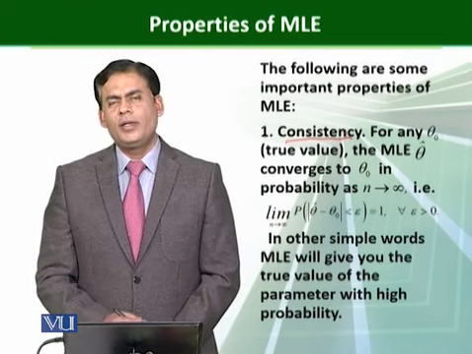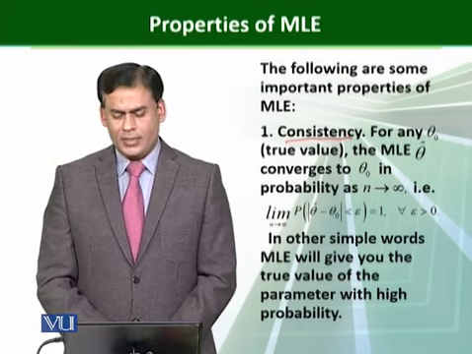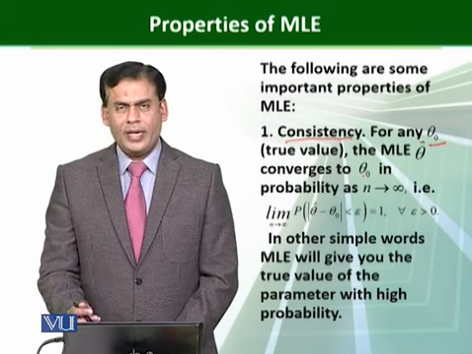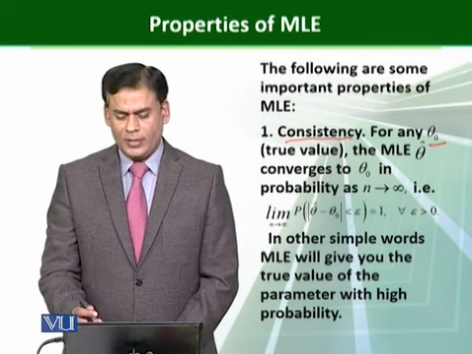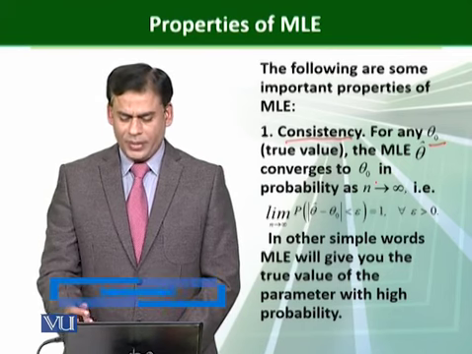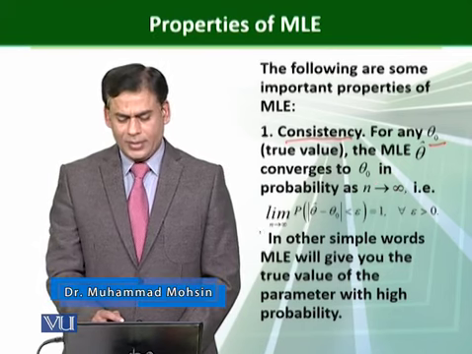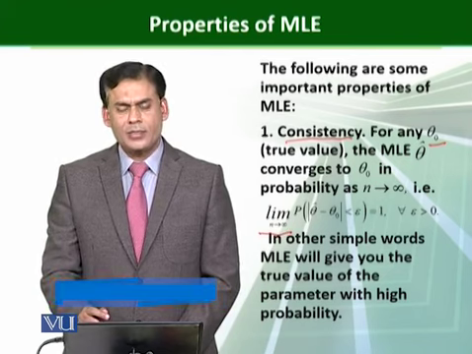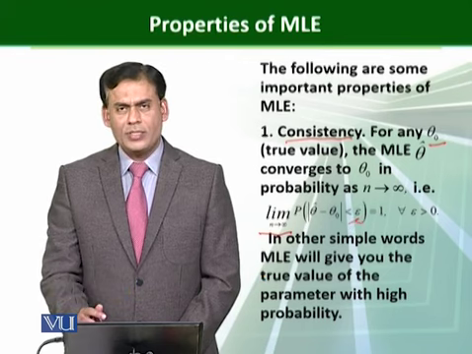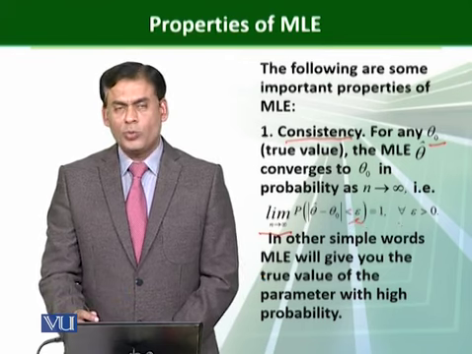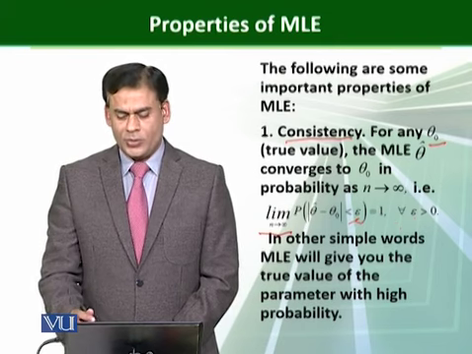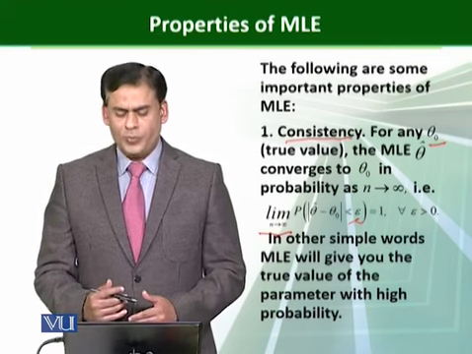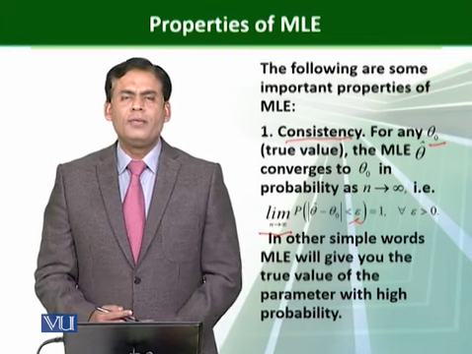Consistency, as you know, we have already discussed in our convergence lectures, is that for any value of theta naught, which represents the true value, the MLE theta hat converges to theta naught in probability as n tends to infinity. Symbolically, we can write it as limit n tends to infinity, the probability of |theta hat minus the true value| less than psi, which is a very small number, is equal to 1 for all psi greater than or equal to 0. Basically this property explains that the MLE will give you the true value of the parameter with the maximum